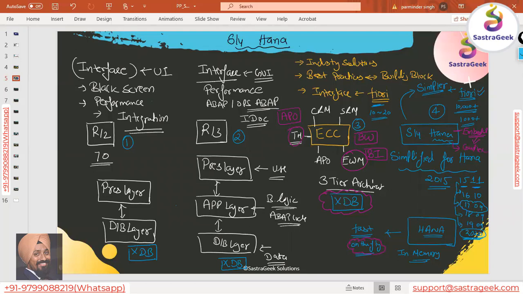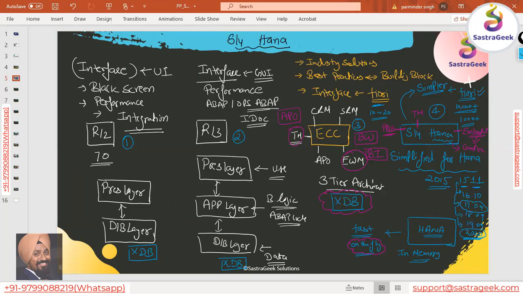within the S4HANA system. Earlier, as consultants, whenever any complex report came, we said, no, don't do it in S4, don't do it in ECC, do it in BW. Otherwise, you will just get the hourglass signal, which will keep on hovering and your reports will not run. Now the complex reporting you can do, TM is embedded, PPDS is embedded. Not everything is embedded, but they are now embedded.